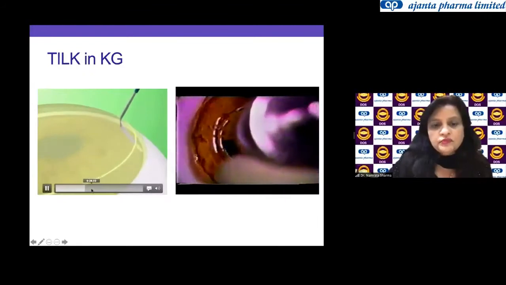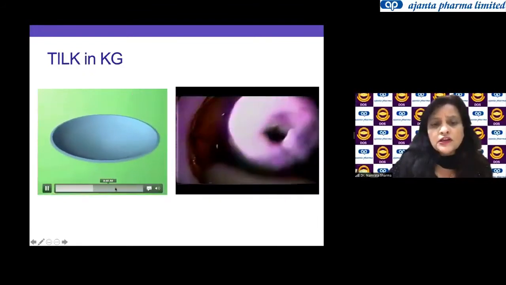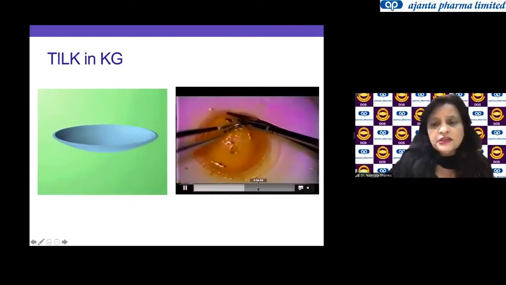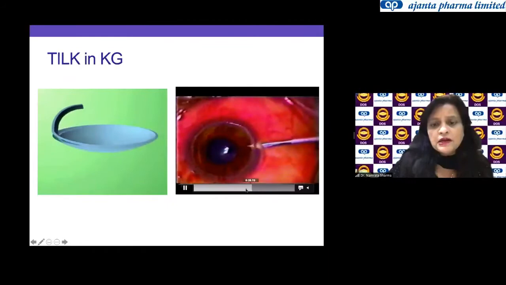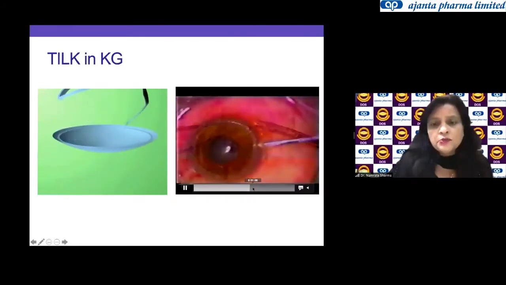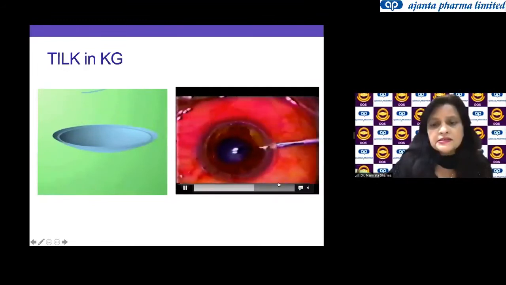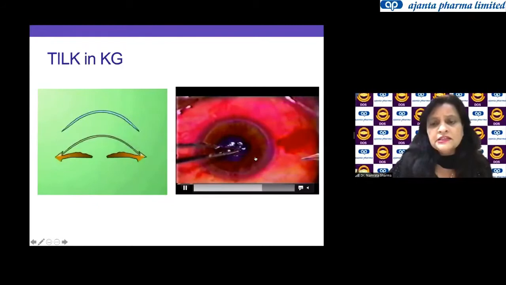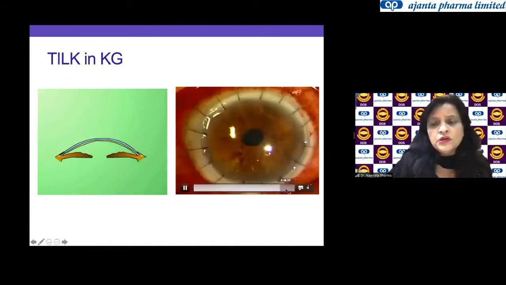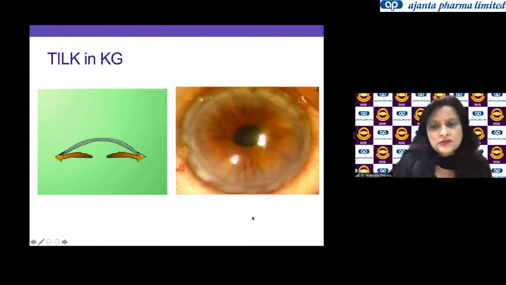So after creating the pocket, which is all around, after doing a lamellar dissection, the peripheral part of the flange is removed. AC paracentesis is then done, and this bit of the cornea is then taken, and this is placed in such a way that the flange is tucked 360 degrees all around with the sutures. And when the sutures are out, then you can hardly make out that any